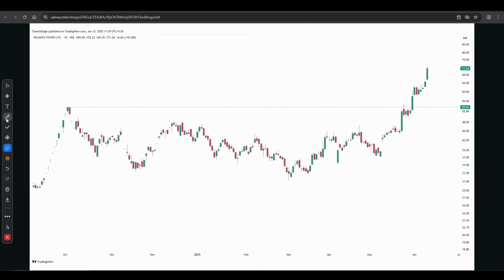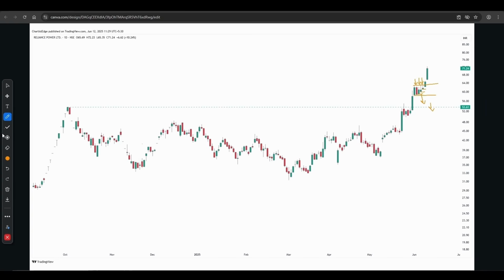And after the breakout happened, another expansion candle came and the price again contracted in a very small range. The lows are being protected. Look at this selling candle. If the price had to go down, it would have gone down from this area, but it did not, and ultimately the price moved up. The selling pressure tried to push the price down from here, but the lows were again being protected and ultimately the price